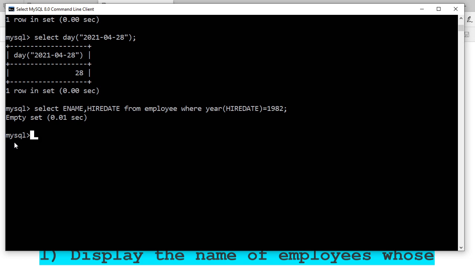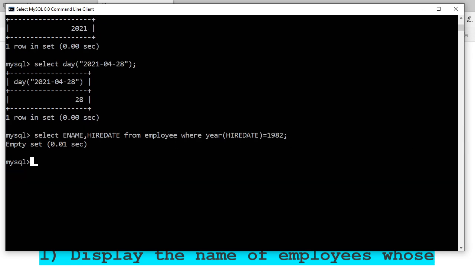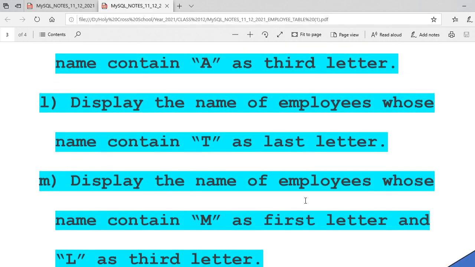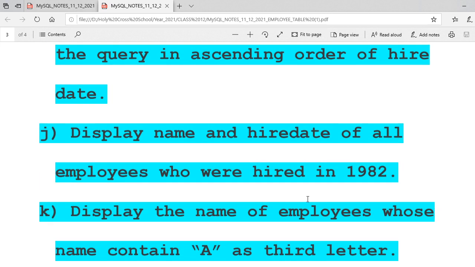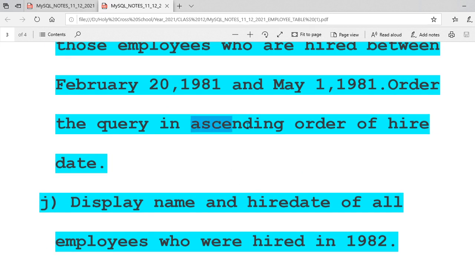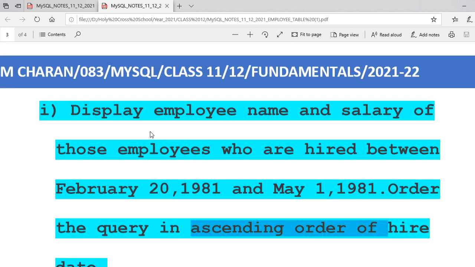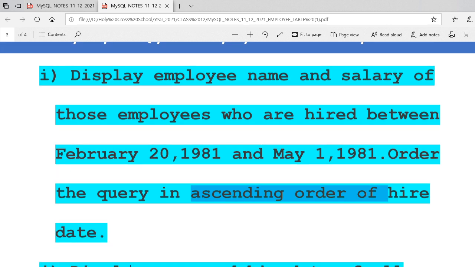Here order by hire date is there. We have to print. No. In which one had I seen? Yeah, here I had seen a query in order by hire date. I think we have missed this query or what? Display employee name. Sir, we have not done order by hire date, na? So I'm going to show it to you.